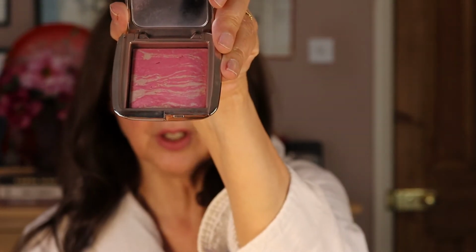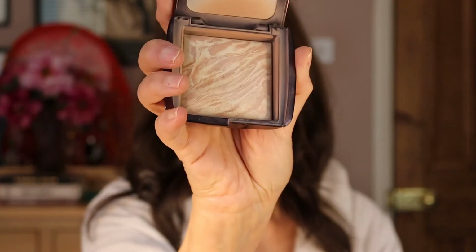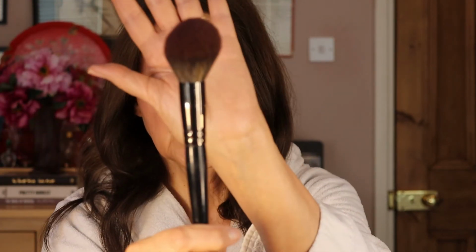So what I did was I finished off my face with my various different powders. So I used my Hourglass blusher, which is this one, which I absolutely love. I used my Bobbi Brown Stone Street bronzer, which is this one here. All these will be linked down below. And my Hourglass ambient powder, which I adore as well, which is this one. And these two gorgeous brushes. This is the It Cosmetics one, again, which I will link, and also my other one. Where's my other? Oh, here, this one, the Morphe, which I also love, which I use for blusher